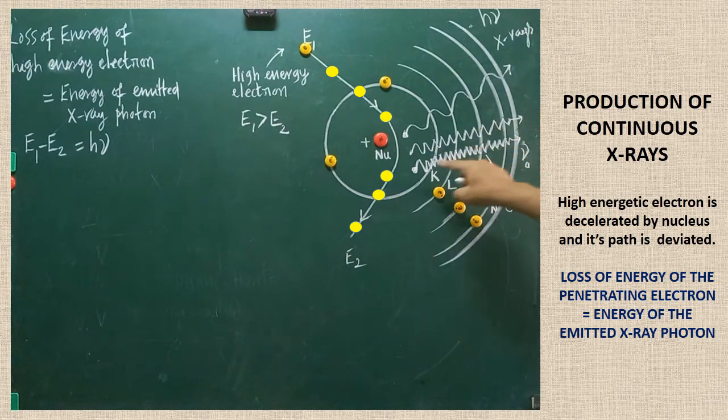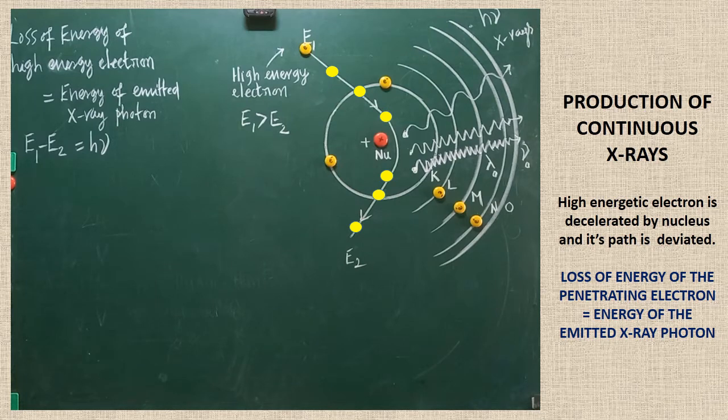shorter wavelength radiation is also emitted. Among that, let's look at the least wavelength radiation, that is called lambda naught. The wavelength of the least wavelength X-ray radiation is called the cutoff wavelength, and that one will have the highest frequency with the lowest wavelength. Are you clear? Highest frequency will be there for this radiation, but wavelength will be very less. This lambda naught is called cutoff wavelength. What is cutoff wavelength? This is the minimum wavelength of X-ray radiation which is emitted in the continuous X-ray spectrum.